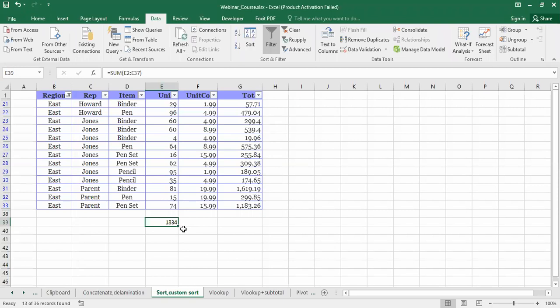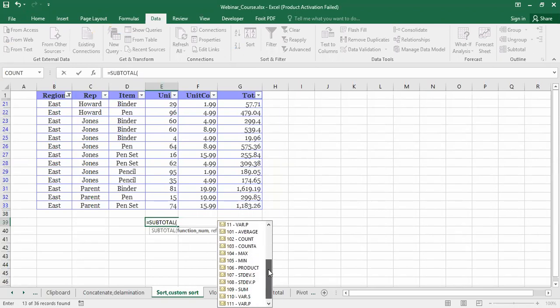So for that, instead of putting sum here, I will put subtotal. Subtotal is a different command. It is not a total, but a different command. How to make use of that? Equal to, you put subtotal. When you write subtotal and double click on it, you can see all the options available in Excel will be available after subtotal, like average and count. You know that we can use average and count without subtotal also, but you can use them in the subtotal also.